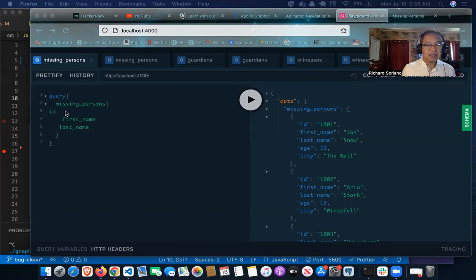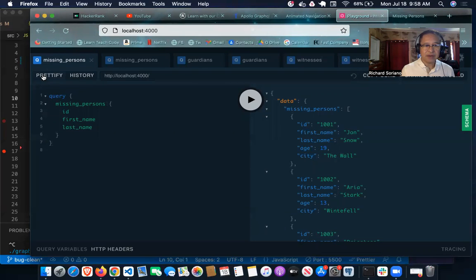So here is the syntax. You say query, missing persons is your entity, and here are the fields. So let's use the prettify button. As you can see, if you prettify it, it cleans it up. This left panel is from the client. And when you execute it,